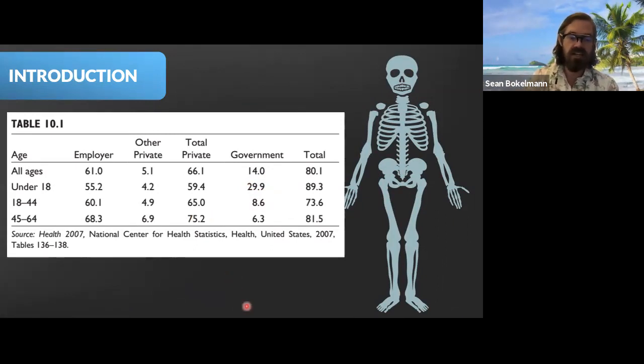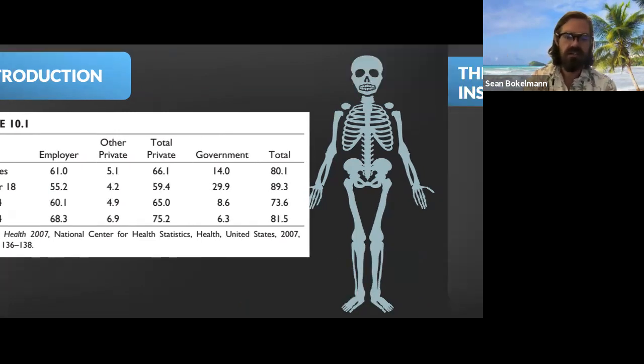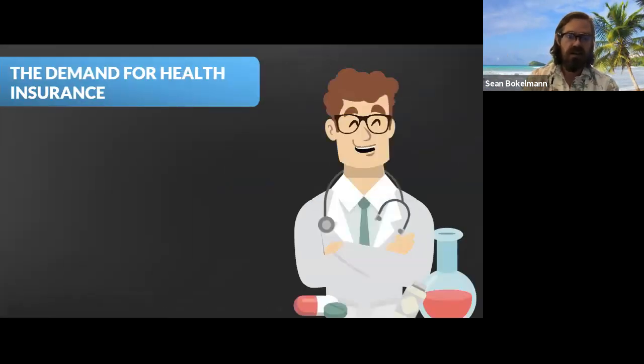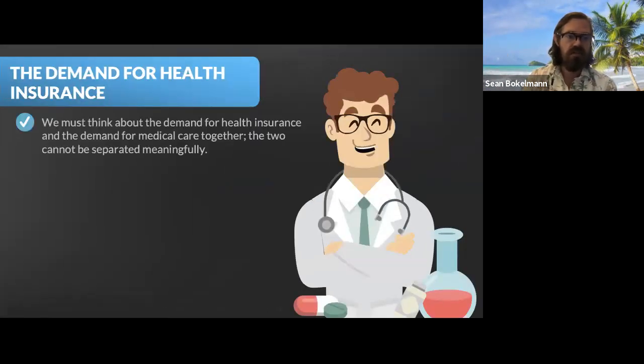So needless to say, there's a lot of people on health insurance of some kind, right? So it's very common, pervasive. I think maybe the only other insurance that is as common is maybe car insurance, but I don't know the figures on that, but everybody that drives has to have car insurance. But aside from that, health insurance is probably the most common type of insurance that's out there.